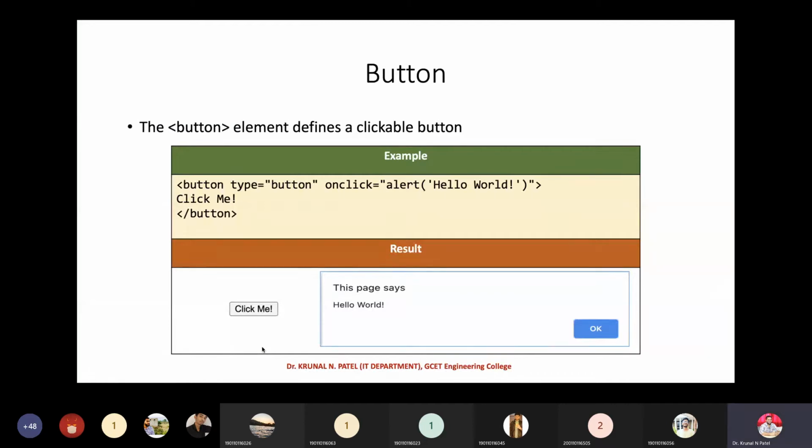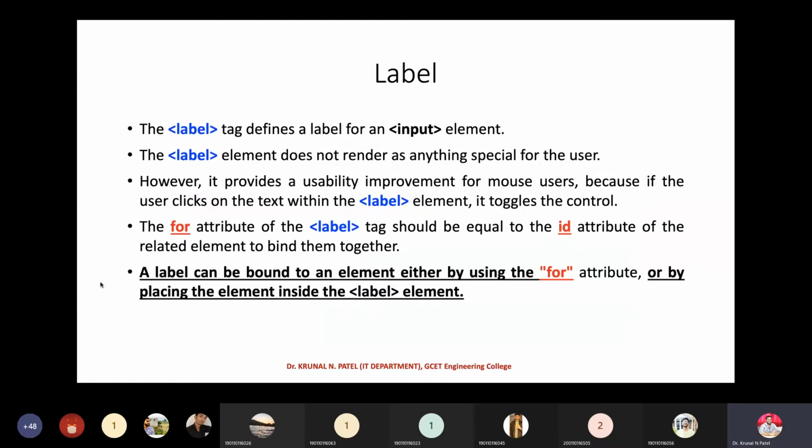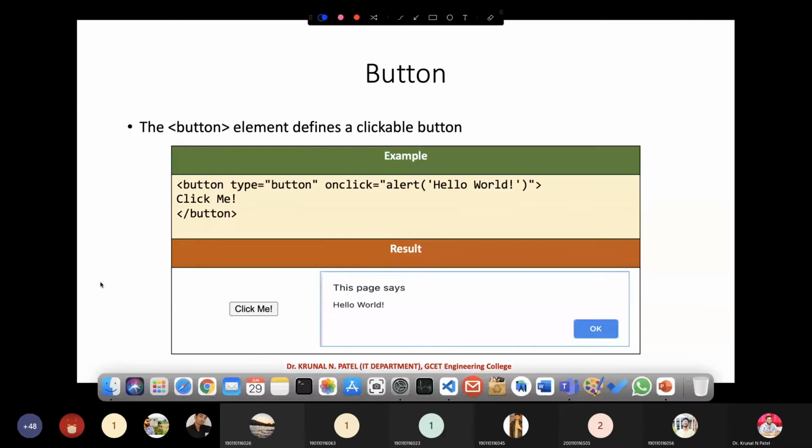To submit the data, we have submit; to clear the data, we have reset; and now we have a button. A button is for specific logic. Now suppose, for example, it's a click event, and whenever I click on this button, I want to display an alert box.